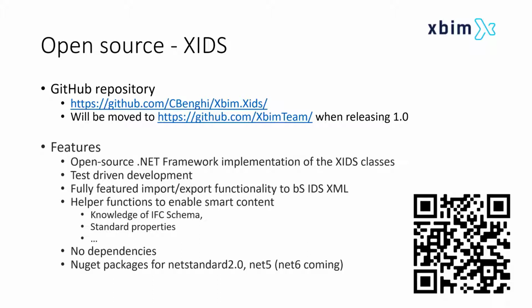We have a fully featured and tested import-export functionality to buildingSMART XML version of the IDS, but we also have our own JSON schema that, as I said, looks a little bit forward to perhaps features that will be available in the next version of the official IDS standard. And then on top of these, we have a few helper functions that enable a bit of a richer editing of the IDS content. So we injected in the library, which makes it available for any UI that you might want to create, knowledge specific about the IFC schema and standard properties and everything else that we think might be useful